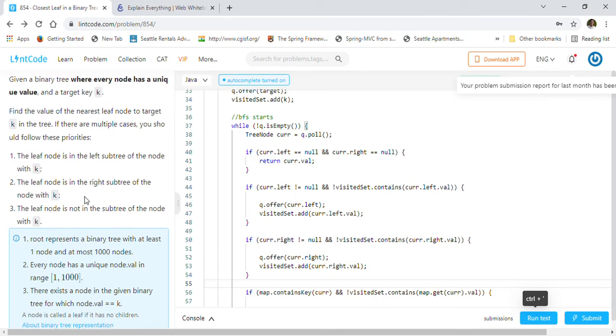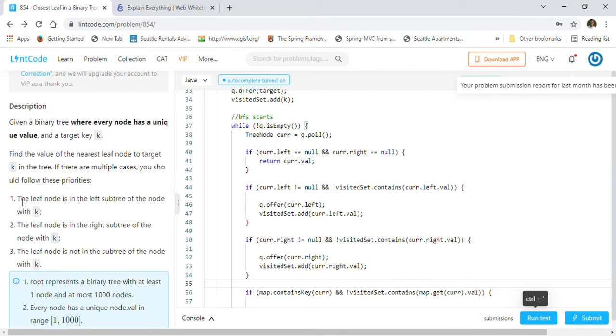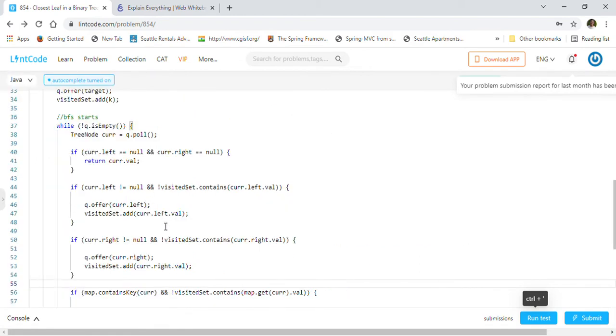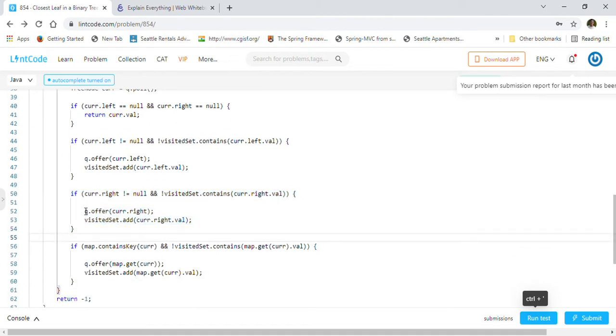Let me show you. So these are the conditions, right? First we will go to the left subtree, then we will go to the right subtree, and if it's not in the subtree, we have to take care using the parent also in that case. So that's what we are doing here. So now we checked the left side, then we are going to the right subtree of the current node, and we are offering that right node into the queue, and also adding it into the visited set.